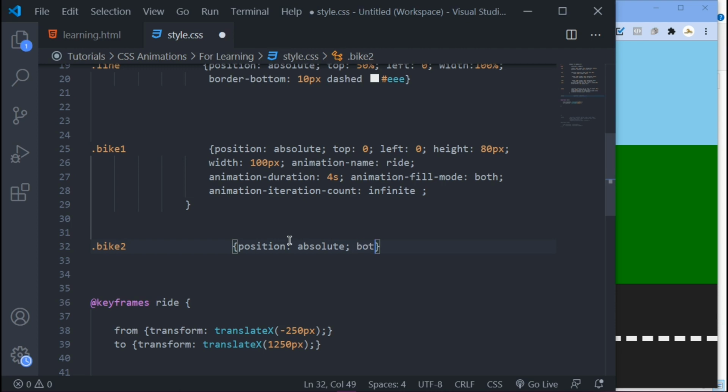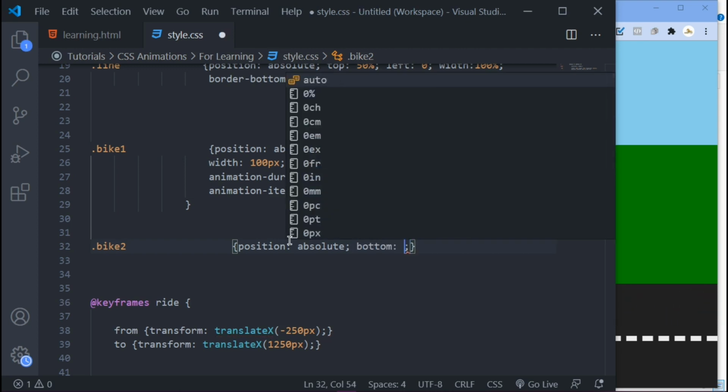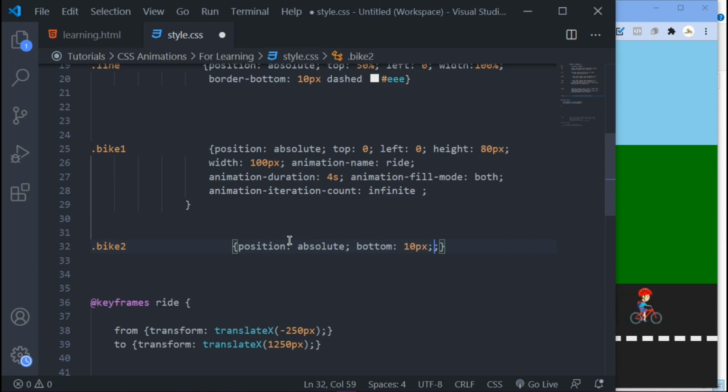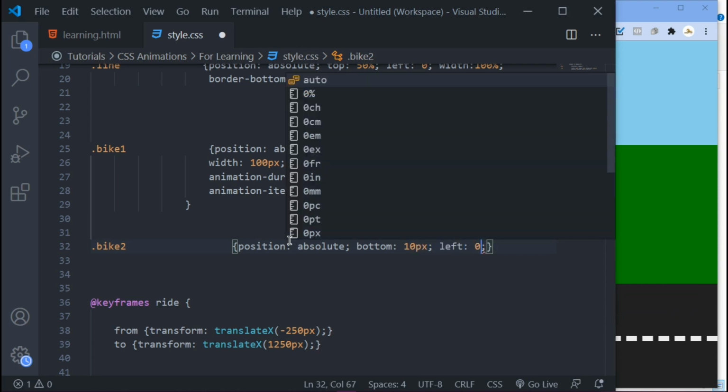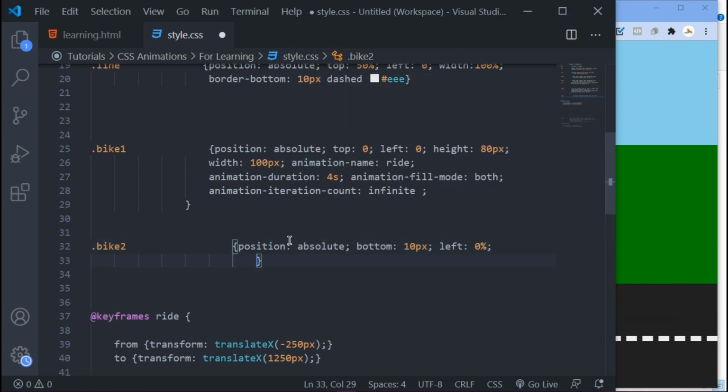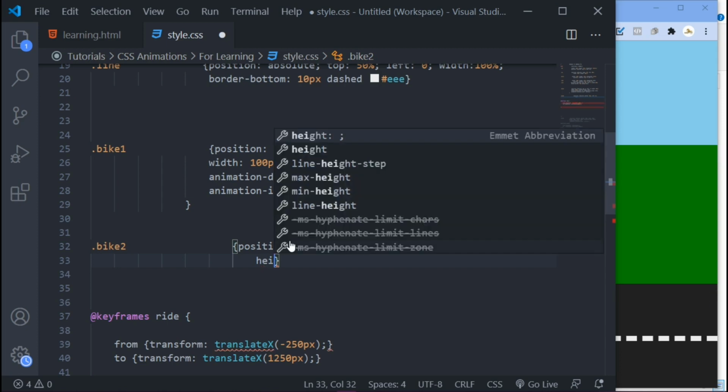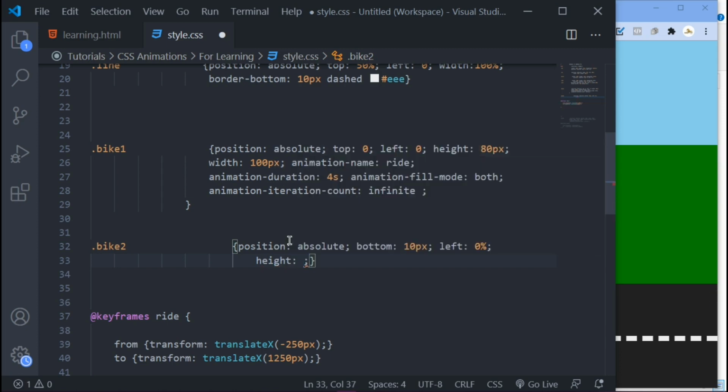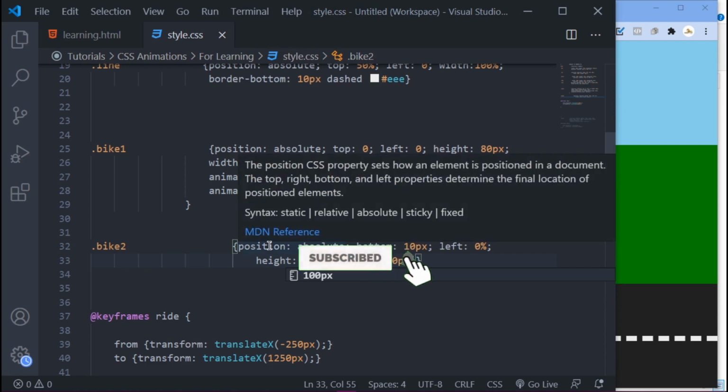I just want to place it to the bottom, let's say 10 pixel, and then add some margin to the left of 0, right? And then I just want to change the height of our image. The height, let's make it 80 pixel, and then the width, let's just make it 100 pixel, right?